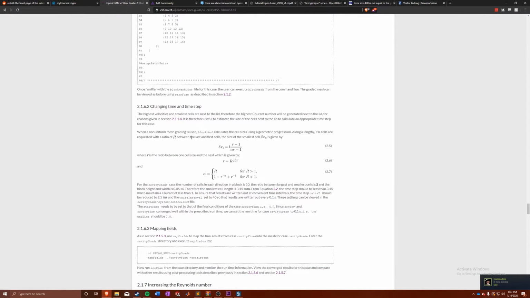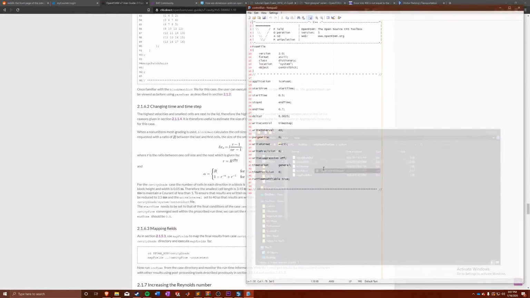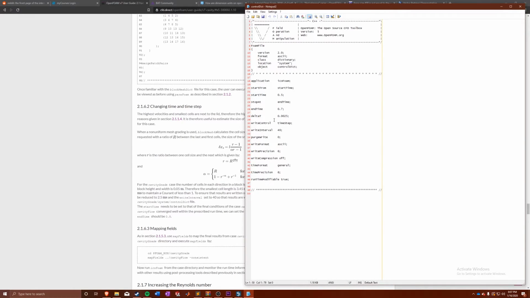Because of this, we're going to have to change our control dict, because the Courant number has changed now because our delta x has changed. So we're going to have to change our delta t to 2.5 milliseconds and change our write interval to 40. So we can do that real quick. Post geo, system, control dict. We can change our